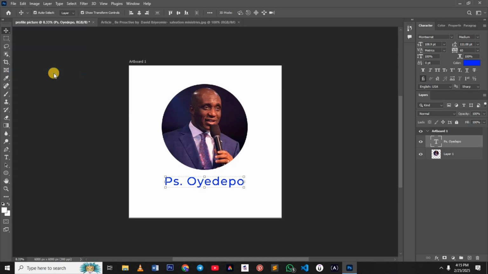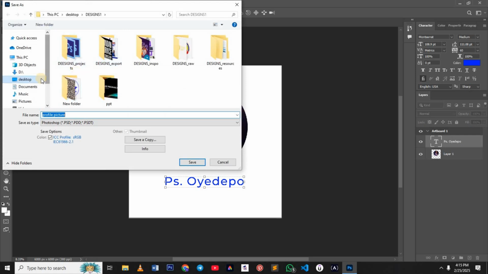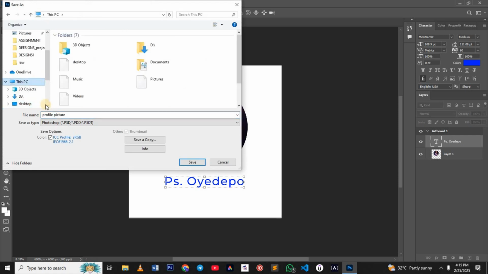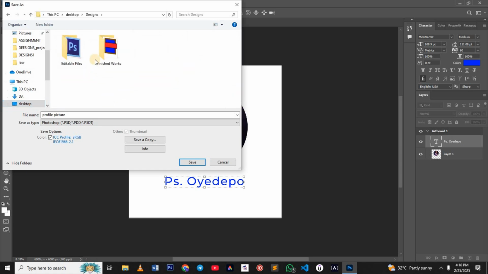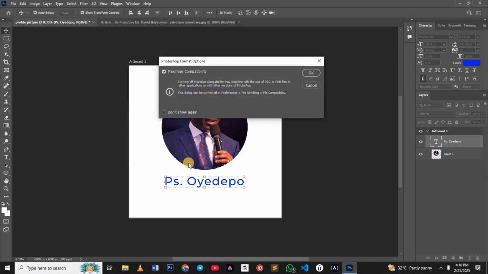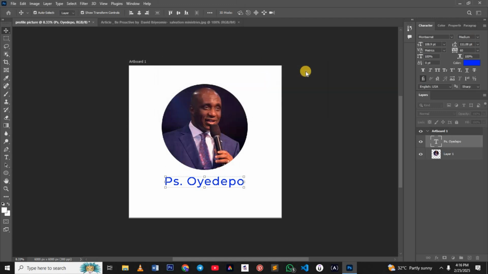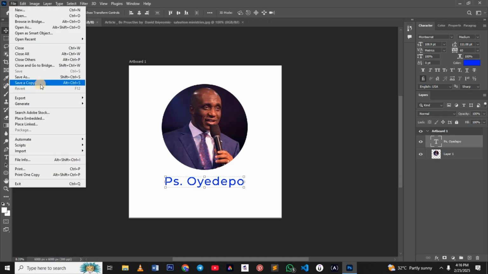So we'll go to save first as an editable file. I'll save it first here as an editable file in the form of Photoshop PSD. So I'll save it so that I can make changes to it anytime I want. Okay, then now I want to save it as a picture, so I'll go to file again, go to save a copy,